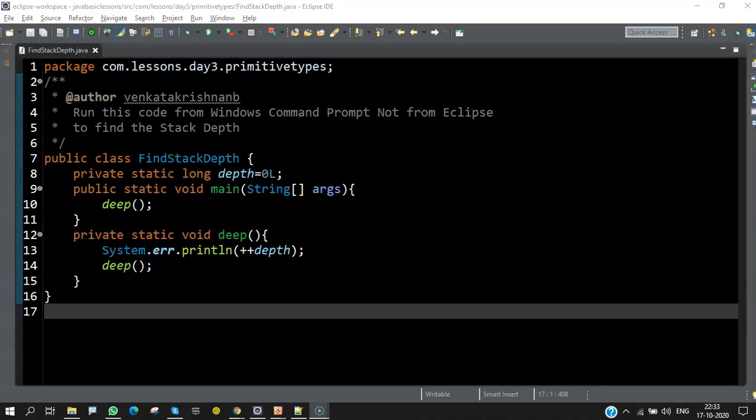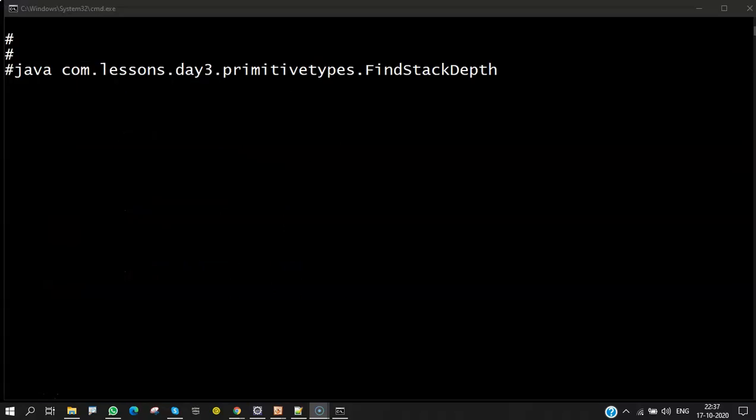Remember, we discussed the depth of method in a stack. If I keep on calling one method from the other internally, how many such methods can I keep calling? And here is this program that I'm trying to demonstrate just that. Recursively, I keep calling deep within itself, and I'm also printing the information here in depth. I will not be able to demonstrate this particular code from Eclipse, because the debug console here is not sufficient enough, the cache size is not sufficient enough to demonstrate it. So I'll have to go to the command prompt and from there demonstrate it.